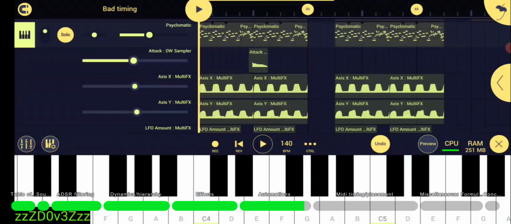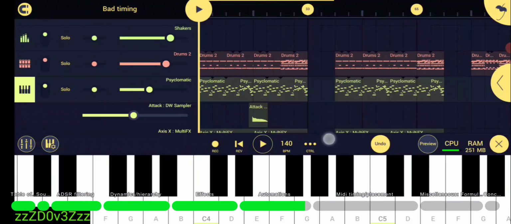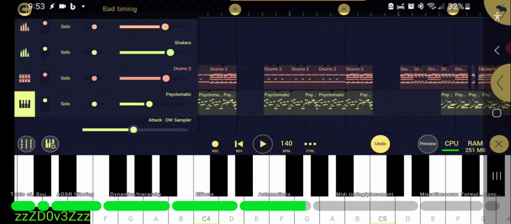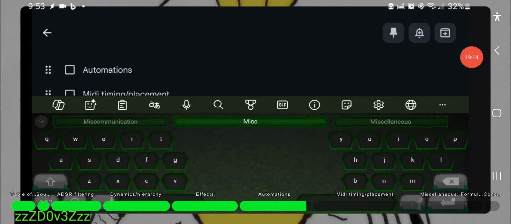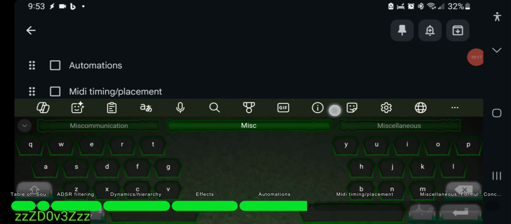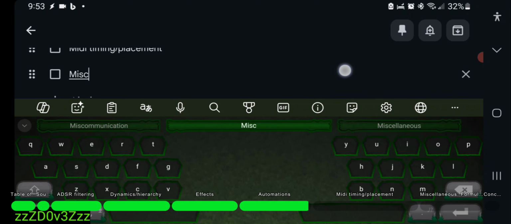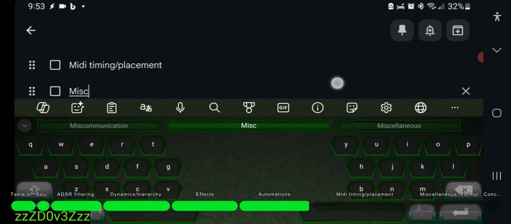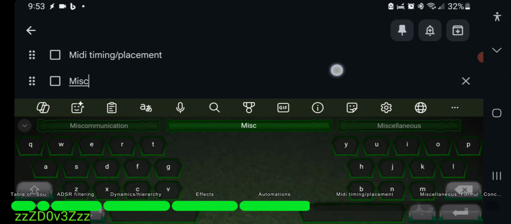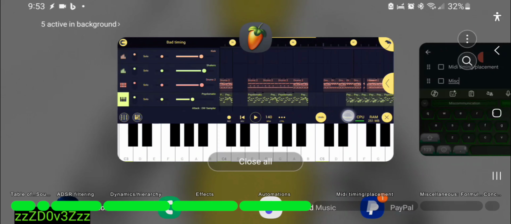And then let's go back to the notes. Automations can be checked off. MIDI timing and placement, and I think that about sums up this video. Because for MISC, I can't quite think of anything else to go over. So I'm just going to keep that there for now. But for the note timing and placement,